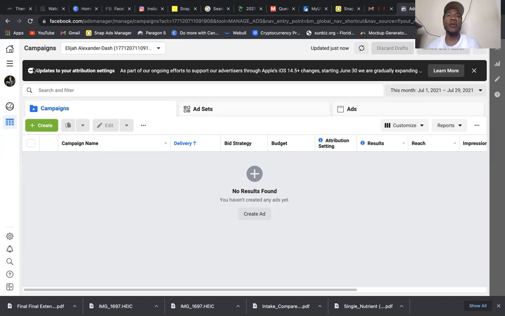In regards to advertising as a whole on any platform, Apple's new update allows users to choose whether their information is tracked or their data is used to track advertisement data. With their latest update, people now have the choice of whether or not they want their data tracked for ads such as Facebook ads, Snapchat ads, and things like that. So I just want you to be aware of that.